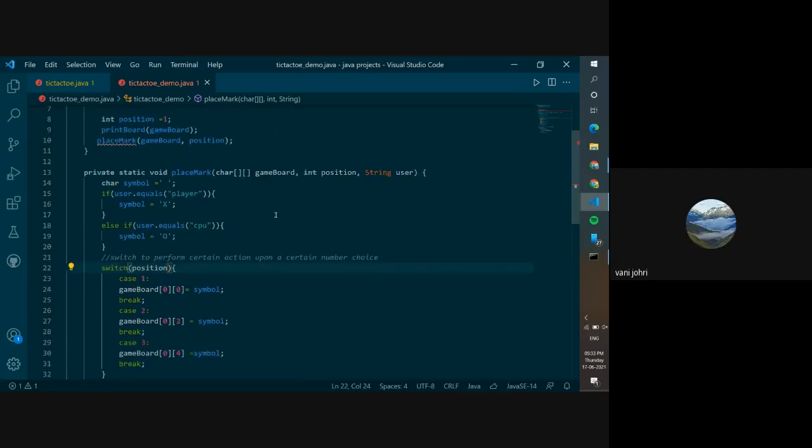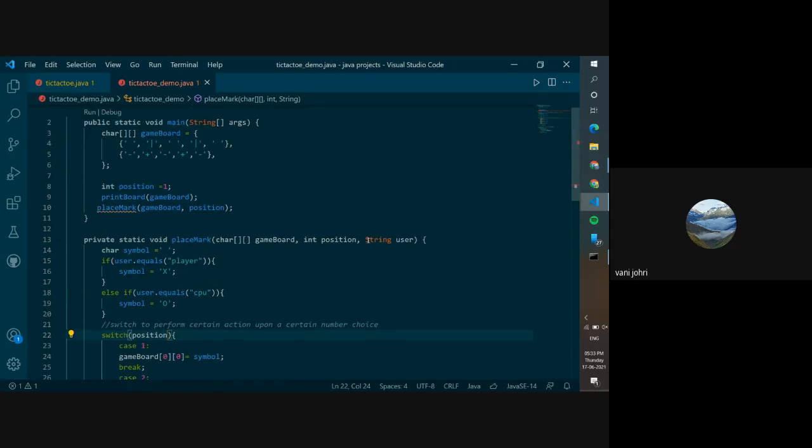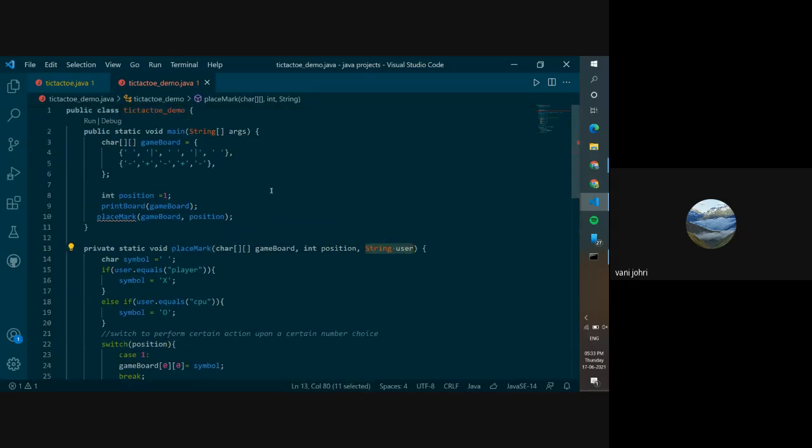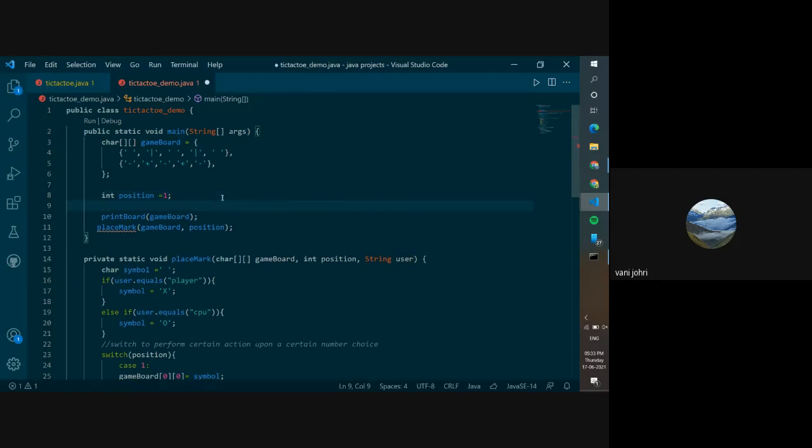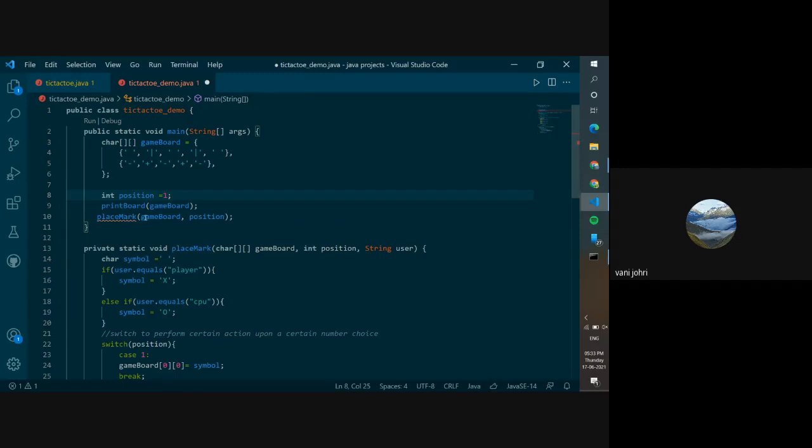Okay. So once you've got this, now you added this extra user, right? So you come over here after this part where you've taken your input from your user. You need to call the place marker, right? For the user first. Whose turn is it first?